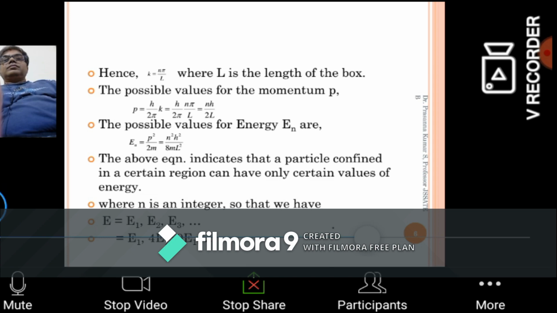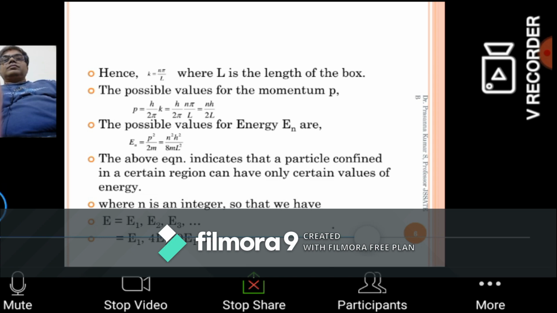It means the particle in the second state. So n equal to 1 refers to the lowermost state for the particle. It is the ground state. When the particle gets energy, it goes to the higher state, you know, from lasers. So it goes to the higher state. So n equal to 2 now.